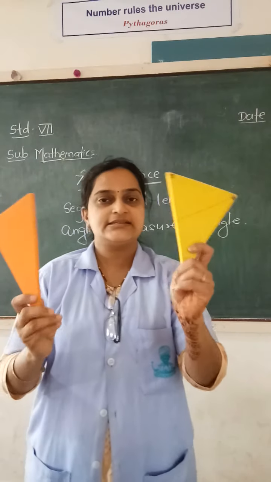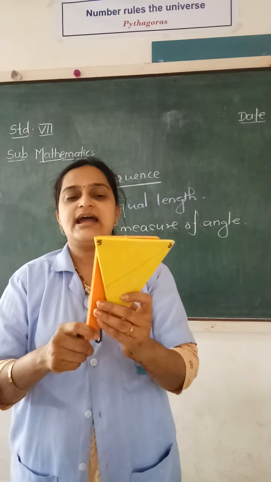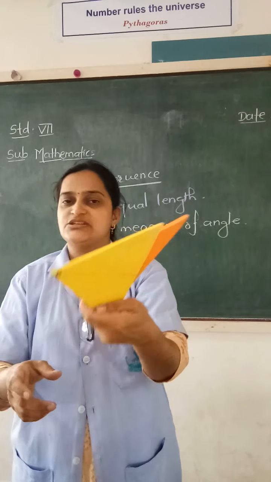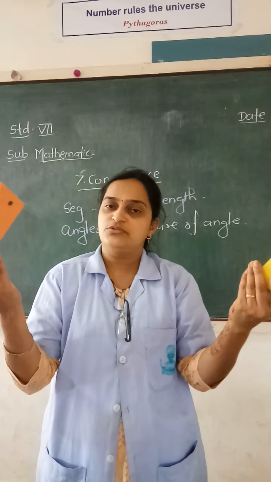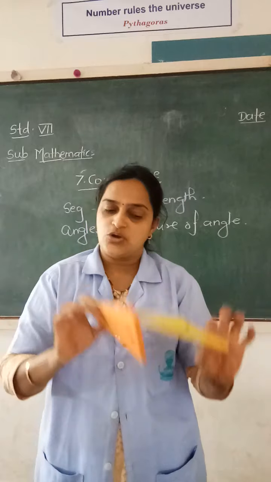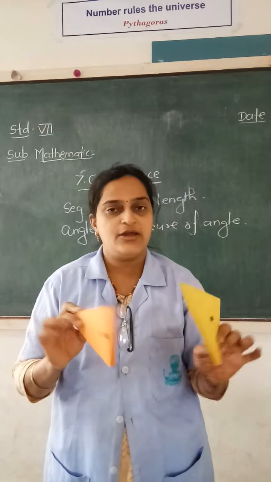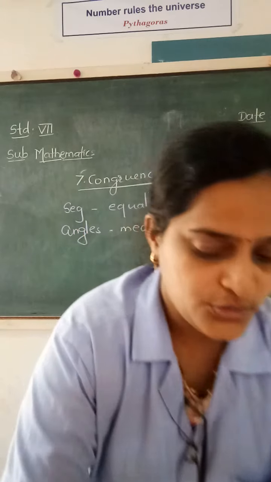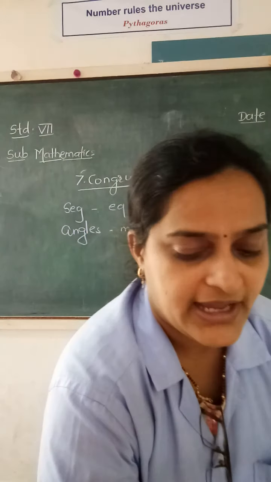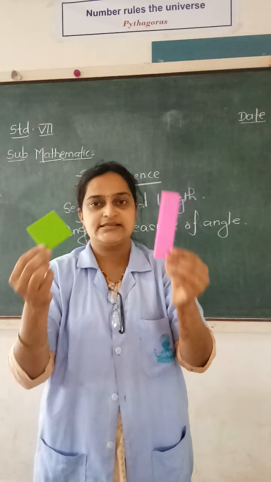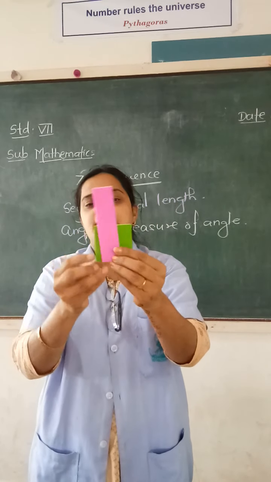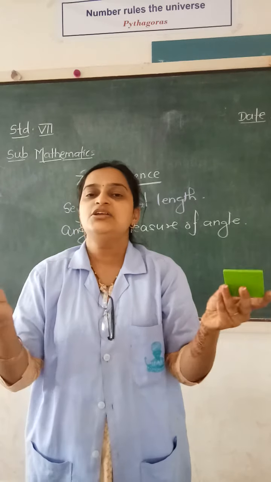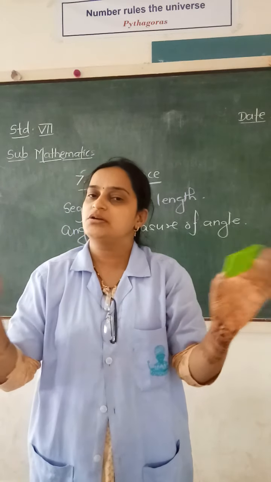Now I have this triangle and this triangle. If I try to place them on each other, I find that they don't match, and so I will say that this is a pair of non-congruent triangles. Congruence and non-congruence. I hope you have better understood this concept now. Not only this, even if I have these two polygons, quadrilaterals, I can easily say that if I place them on each other, they don't match, and therefore I will say that they are non-congruent, they are not congruent.